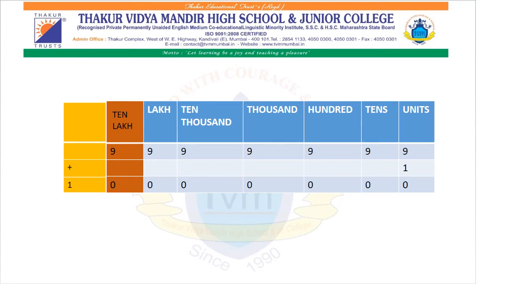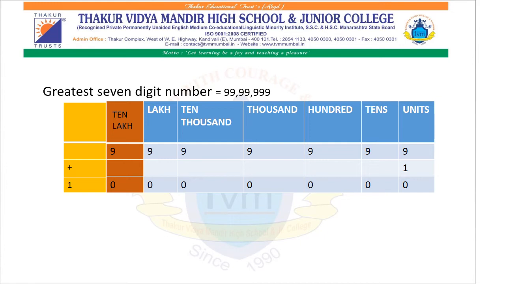Now, till now we have learned 6 and 7 digit numbers. So can you tell me the greatest 7 digit number? Yes, it is 99,99,999. What will be the next number? To get the next number, I have to add 1. Correct. So after adding that 1 to each digit, I reach the 10 lakh position, and when I add 1 plus 9, 10, my 1 goes to the next place and my number becomes an 8 digit number.